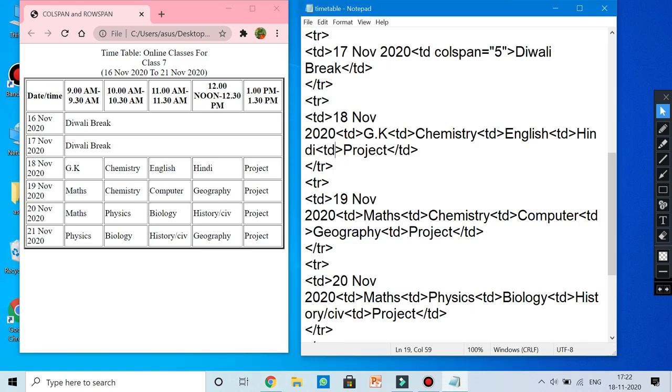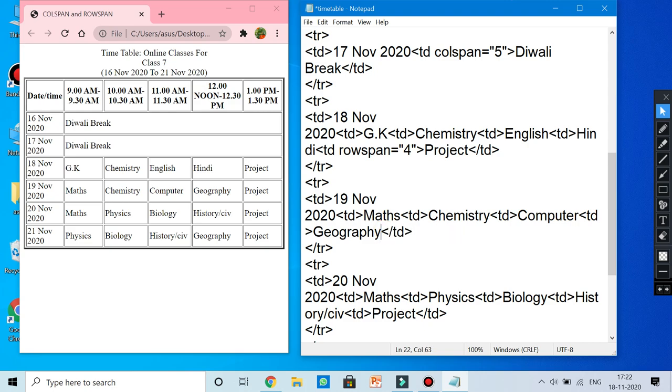So what we can do, in the TD we'll say rowspan, and then we say how many rows we want, 1 2 3 4 including this. So we'll write 4 over here, and these extra ones we can remove.